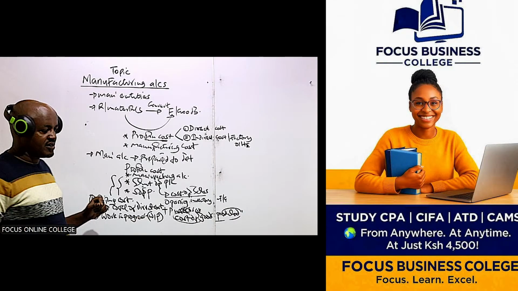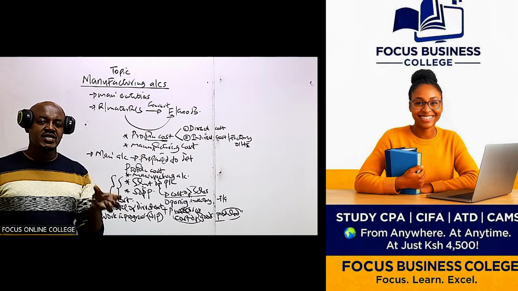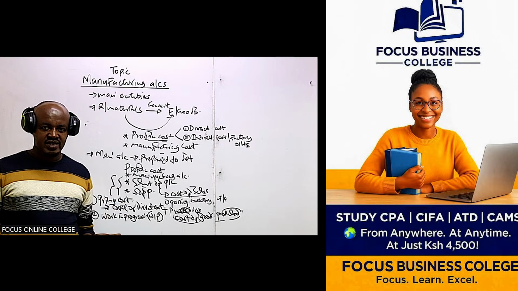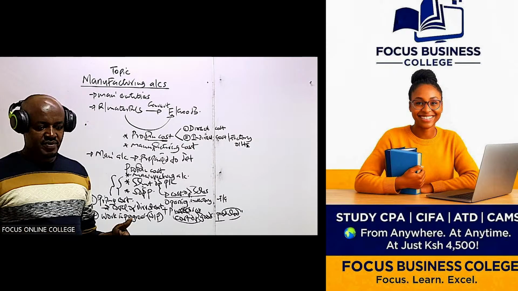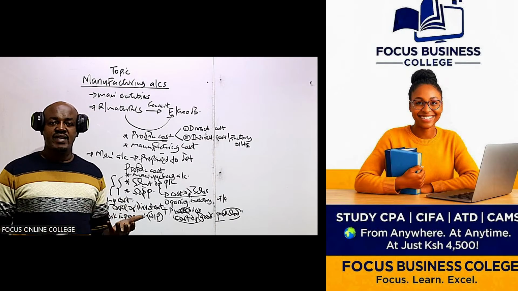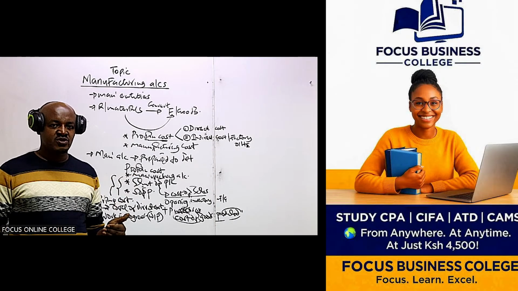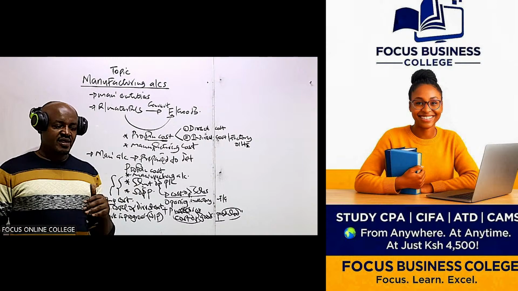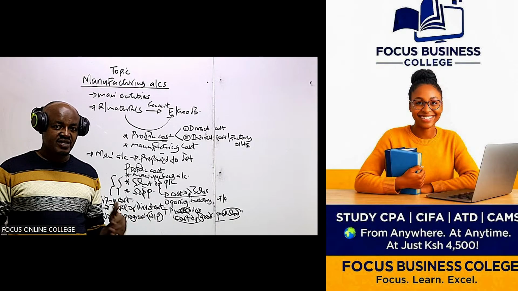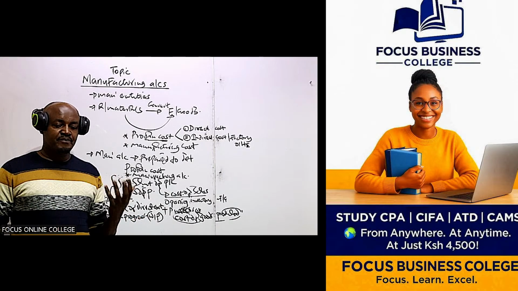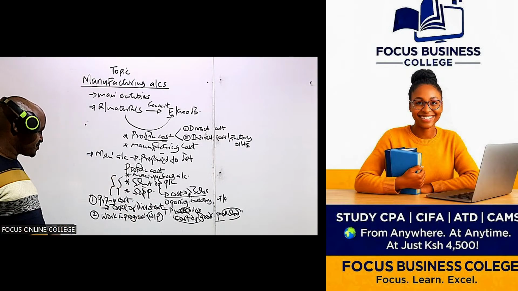This refers to those particular units, or those finished goods, which are partially complete at the end of the year. Let's take a good example of a company which manufactures motor vehicles or motorbikes. There are those motorbikes which are partially complete when the year is coming to an end. Partially complete means that something needs to be done to them before they can be taken to the market. They cannot be taken to the market. So we refer to those units as work in progress.